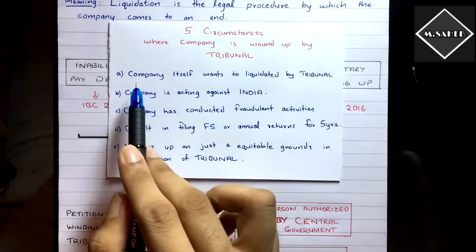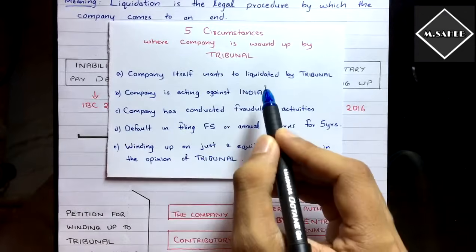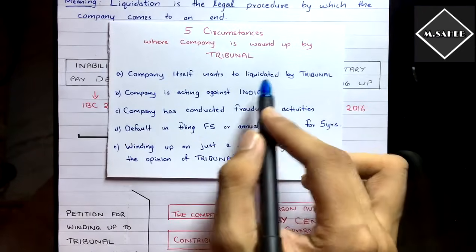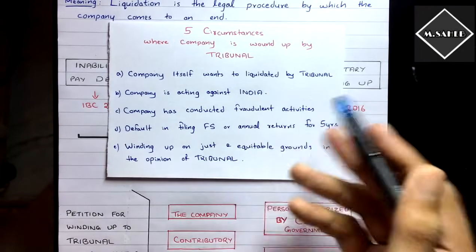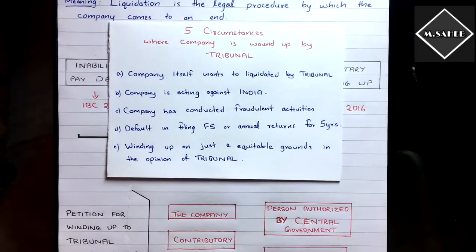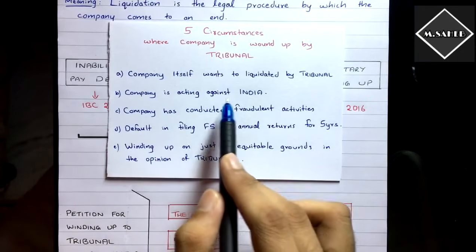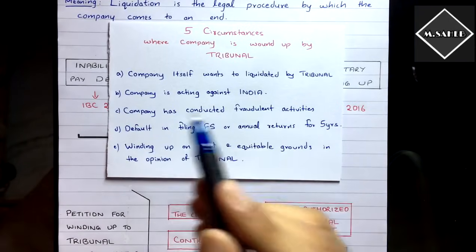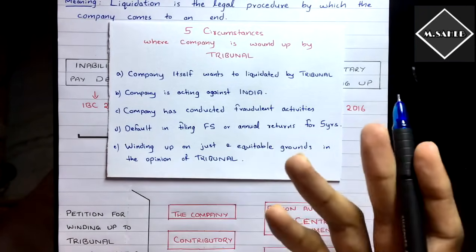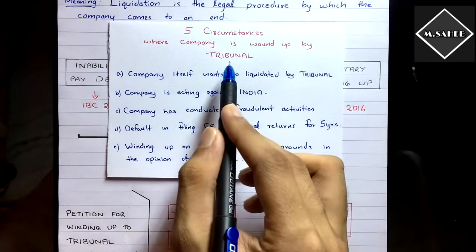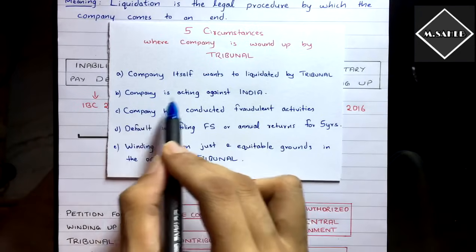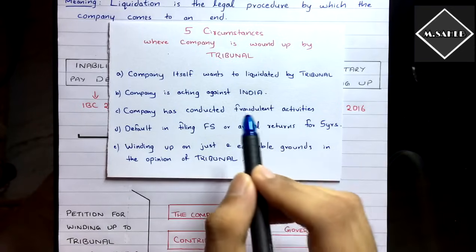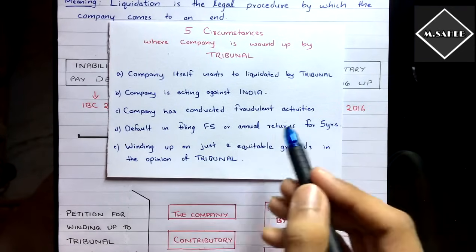See here, the first circumstance is the company itself wants to be wound up, liquidated by the tribunal. They will pass a special resolution and they want it to be liquidated by the tribunal. That's the first circumstance. The second is the company is acting against the interest of India, such as against the sovereignty of India, security of the state, and meddling in foreign affairs. If anything like that happens, then the tribunal can wind up the company. And then the third is the company has conducted fraudulent activities, or the company was formed just to do some fraud, then also the tribunal can